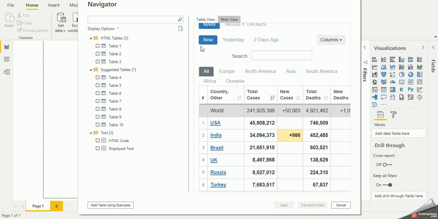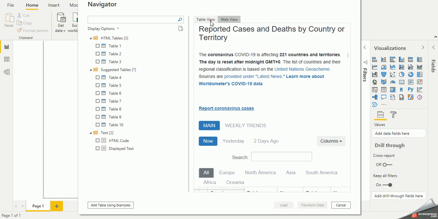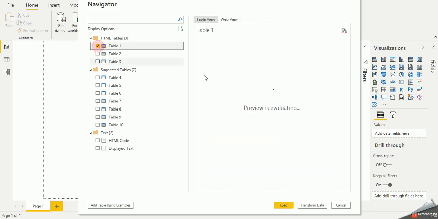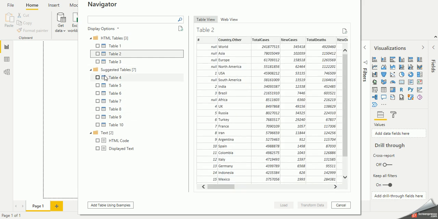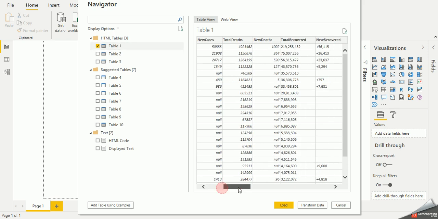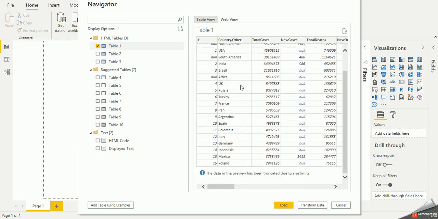If I select Table 1, when you don't select anything and just click on the table, it will bring the preview, and when you click on any of the check boxes, it will bring it into Power BI. So I will go to Table 1, and you can see that the subcontinents data and the world data is also available.